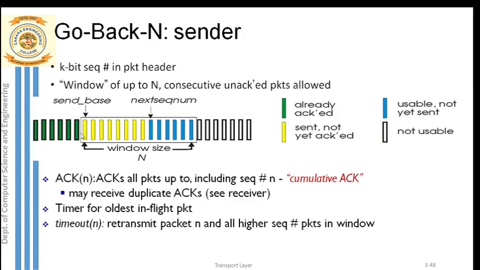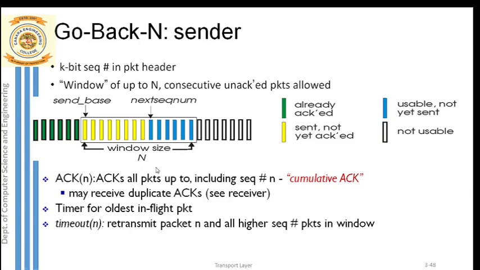So that means what? This yellow packet will turn to a green packet. That means what? For the yellow packet, the acknowledgement is arriving, and as and when the acknowledgement arrives, this packet is out of the window. That will be converted to a green packet, right? So the window will be sliding by one position. And from the right side, one new packet can enter inside the window.